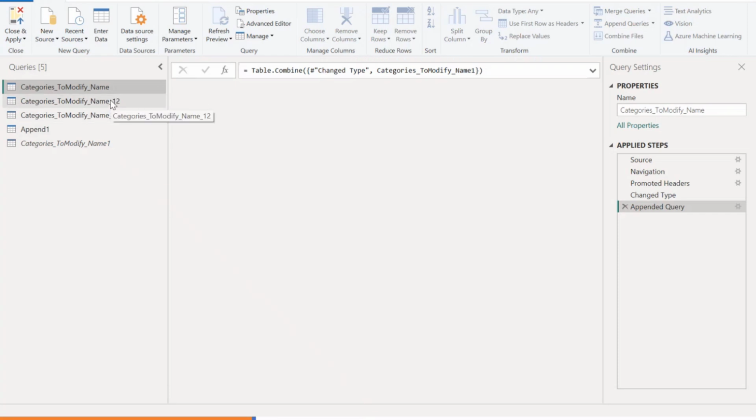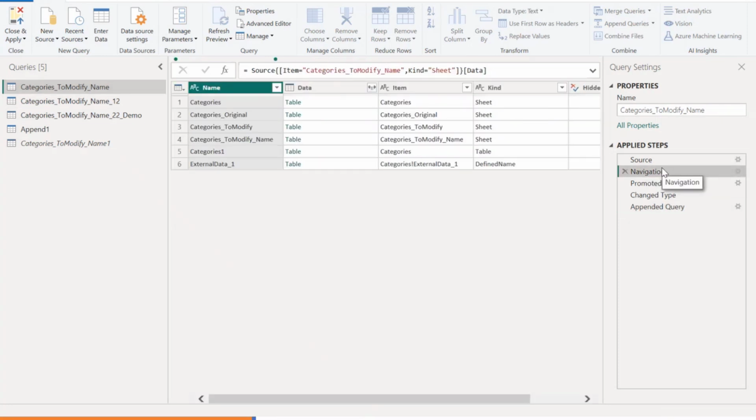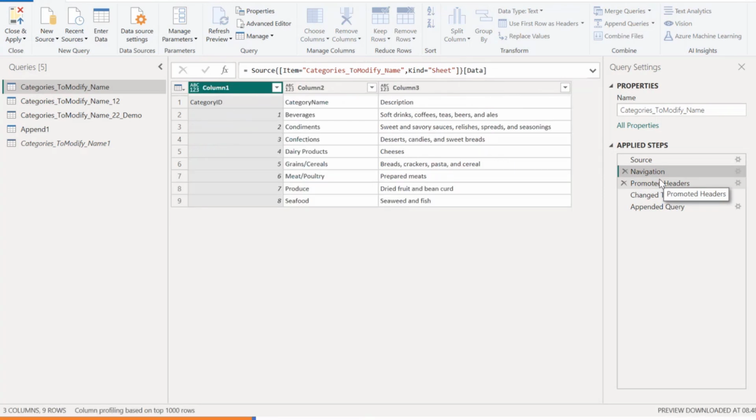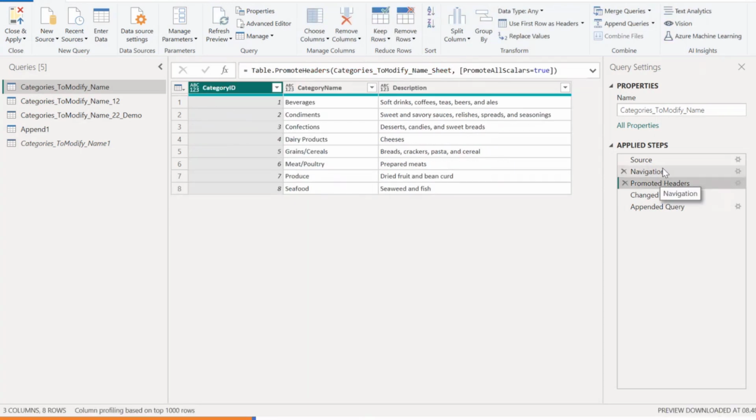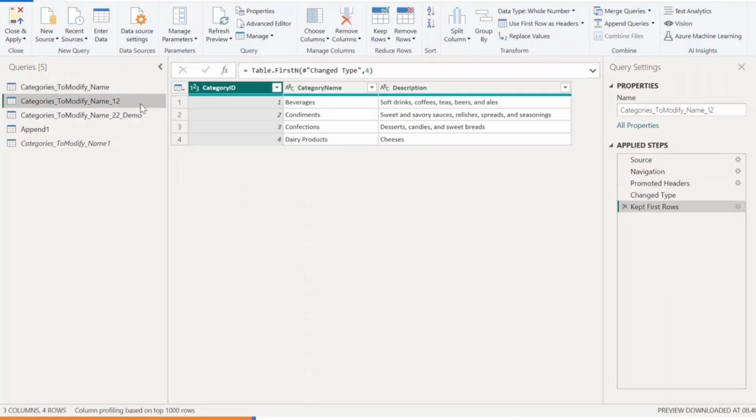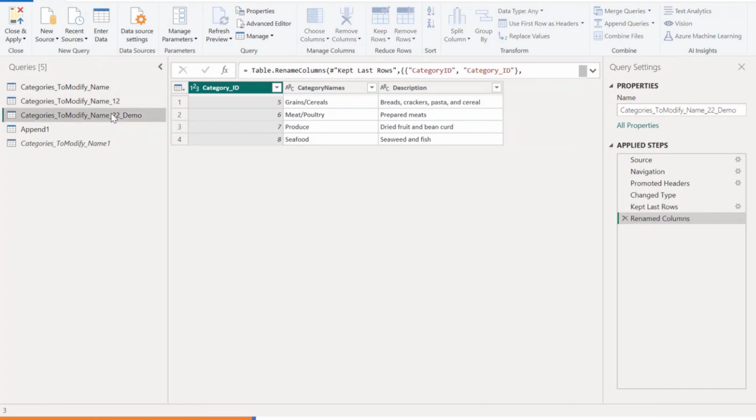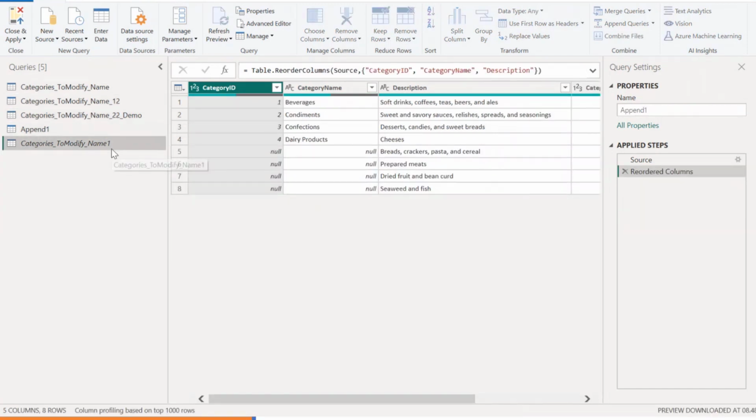Here we have the tables, if it gets loaded. So here we have the first table: category ID, category name, and description. And secondly, we have category ID, category name, and description. And then when we want to append the columns,